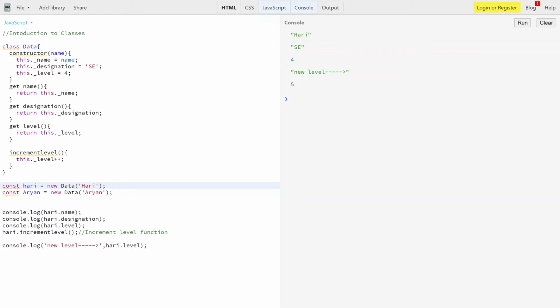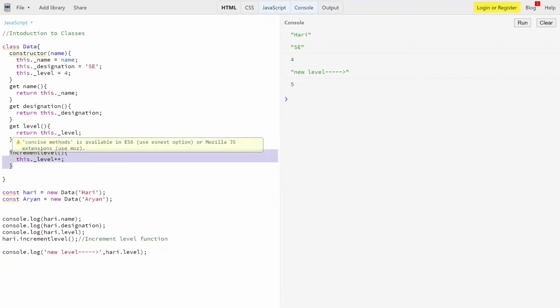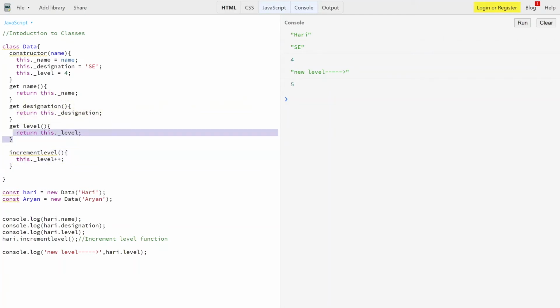So we have something called a method. A class method is the syntax enclosed in the class. For example, I have these, and these all are methods. So you have one more thing: can we take get level as a method?